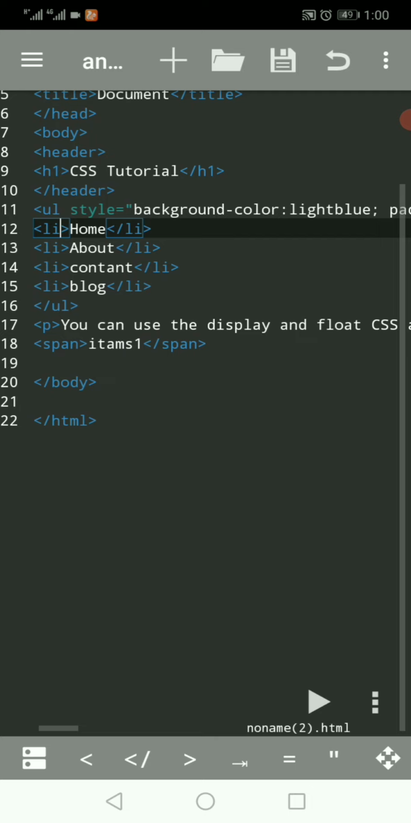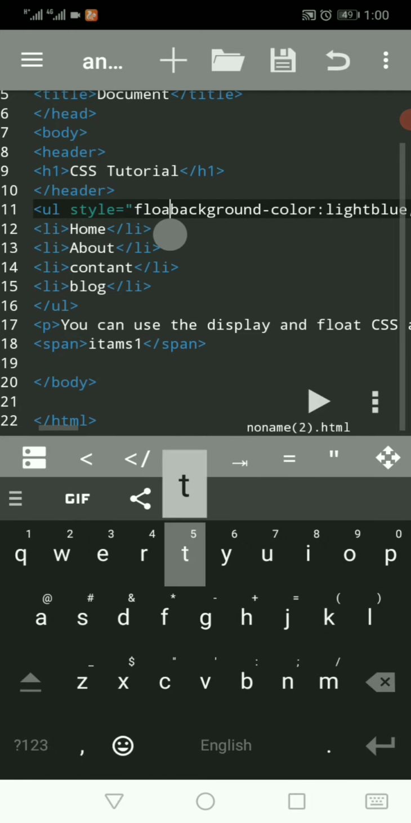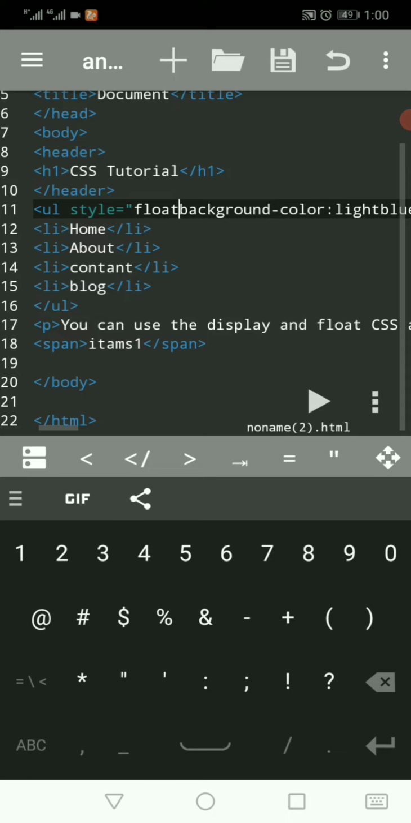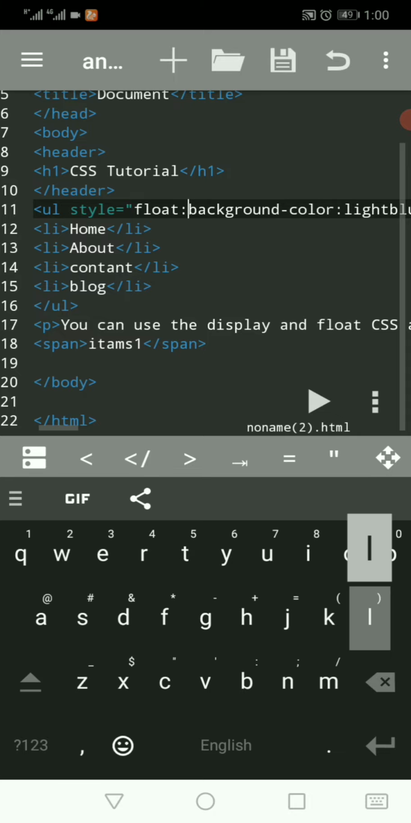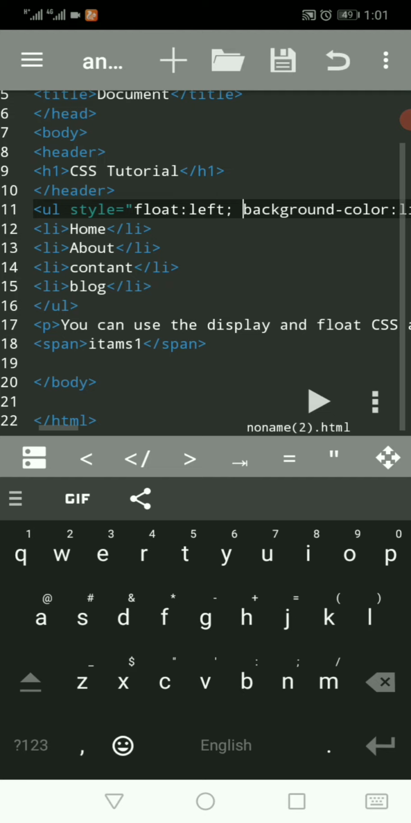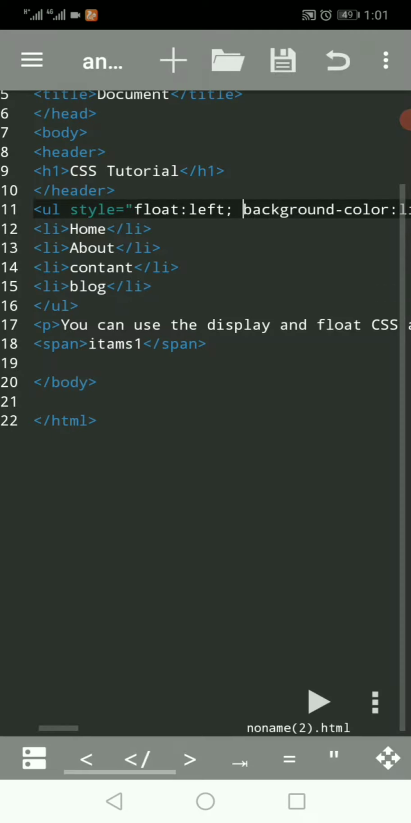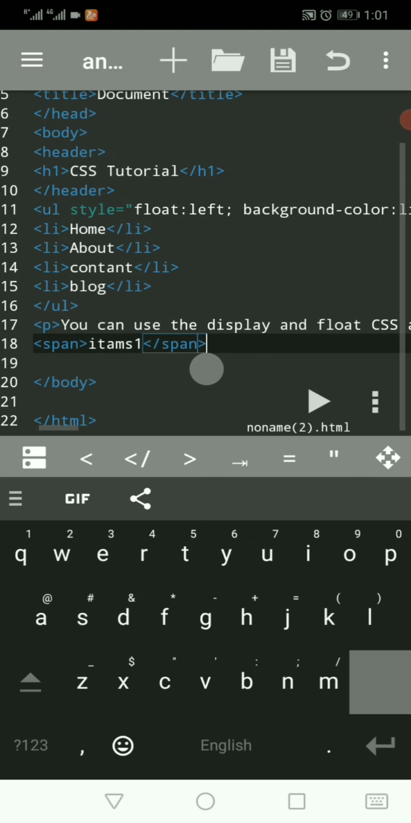So I'm going to come over here and write the float like this. Let us say float, colon, left, like this. Left in double quotation. So let us run it. Look at how the text and the ordered list have moved around. It seems like it's wrapped around it. So that is how we are going to write